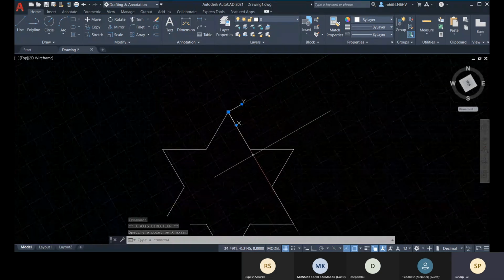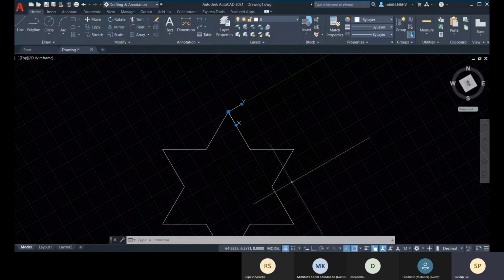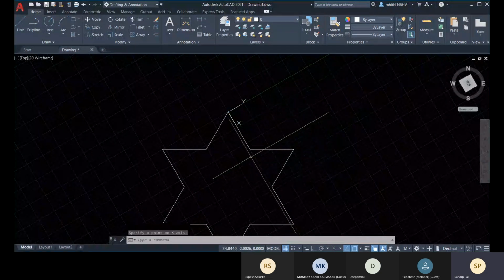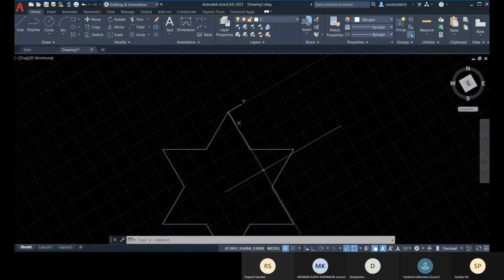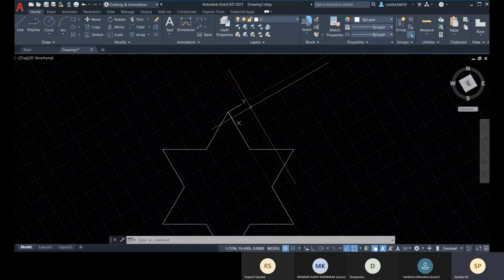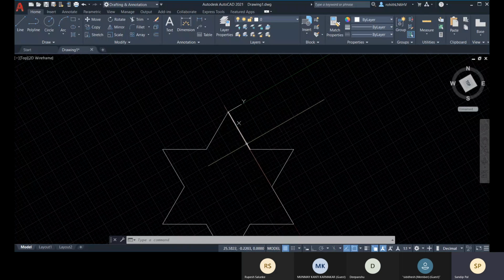So this is the positive direction, this direction, and this is the initial direction for the angle. Right now you can understand that this is the initial direction as per your UCS, and this is the direction for north. Your Y positive is the direction for the north. So as per that, you will provide this direction like -60. This direction will be -60.